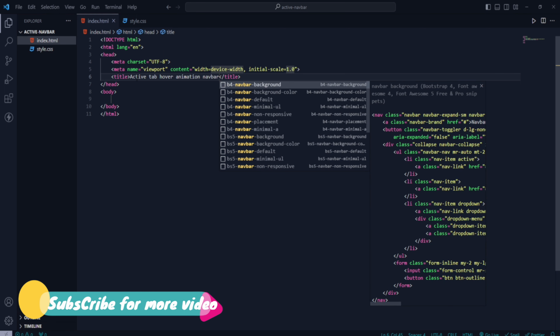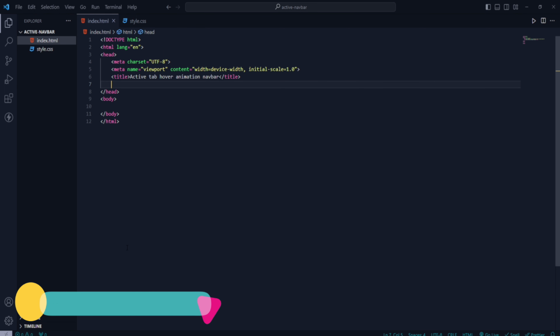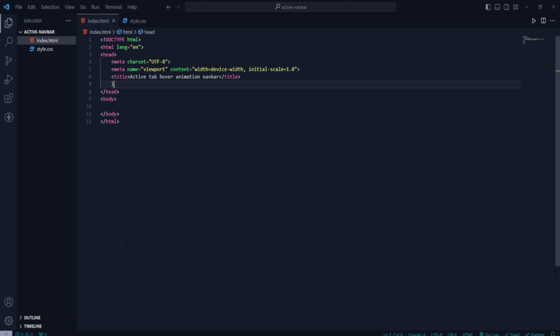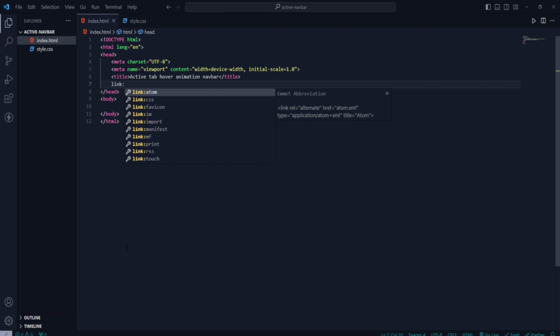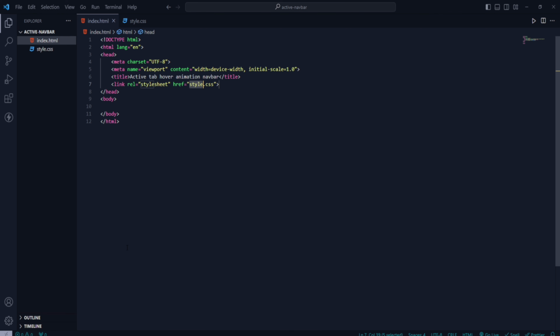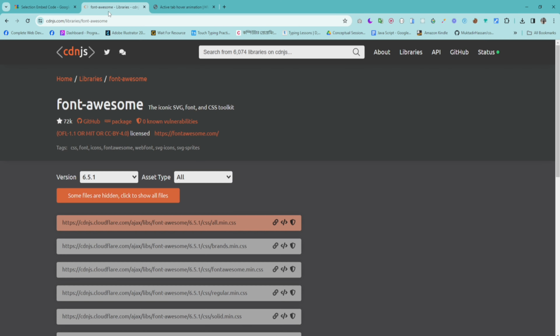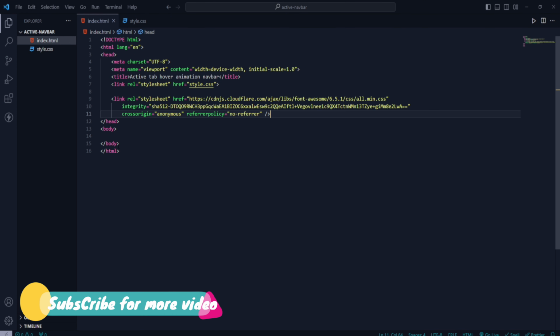navbar. Now I will connect the CSS file here, so link CSS, and then I will connect the Font Awesome CDN for our icon. So just go to the browser and here is the Font Awesome CDN, just copy and paste it here, and now